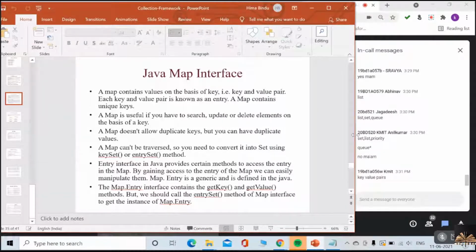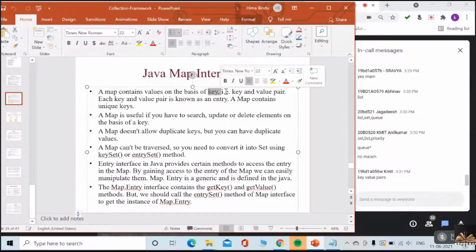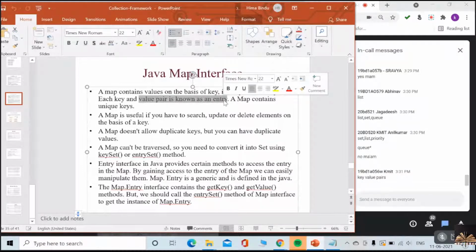Now listen carefully. Map is a data structure that maintains key value pairs. Just remember that map contains values on the basis of key. That is a key value pair. Each key and value pair is known as an entry. The combined key value pair is a single entry.